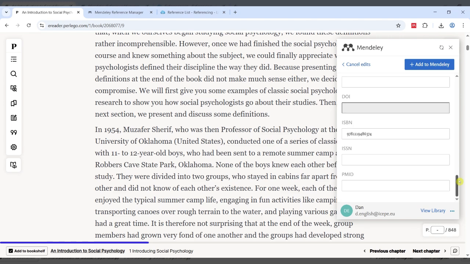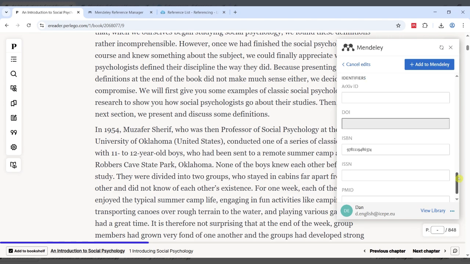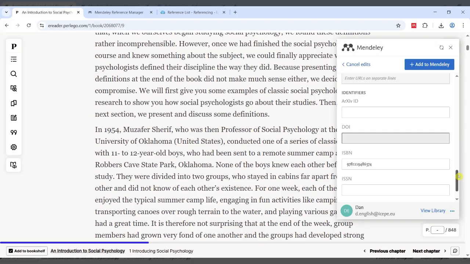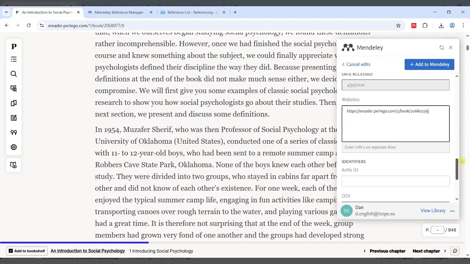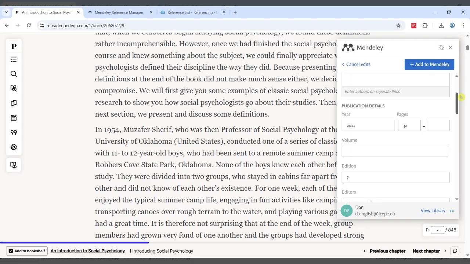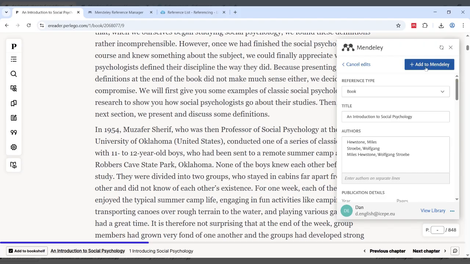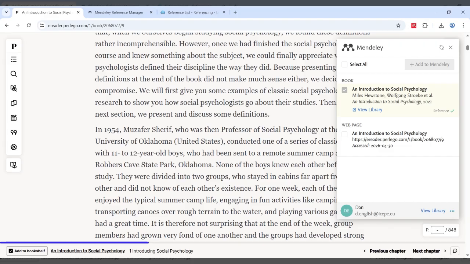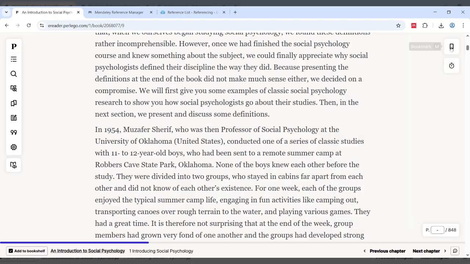And you can all see it has our ISBN, which, as I'll look at it quickly in a minute, is another option for adding a book in to Mendeley. But for now, I'm happy with all the information. All the information is there that I need for my reference list entry. So I'm going to click Add to Mendeley. You just see the little tick. That's all that you'll see to know that it's gone in. And we can then X out of that.